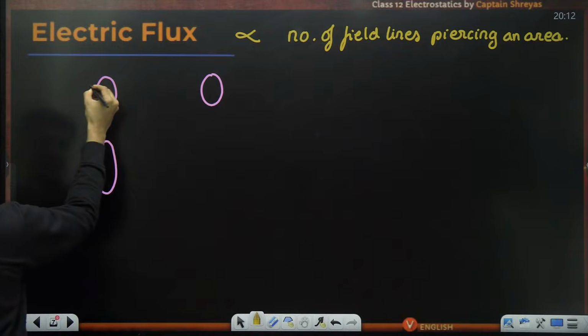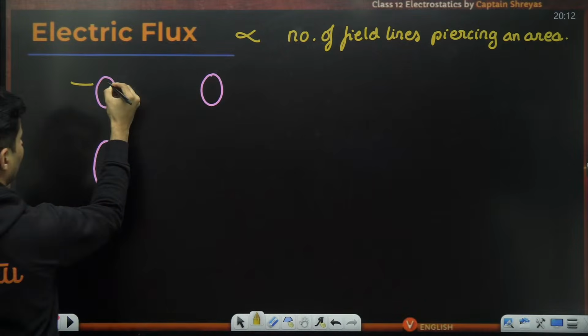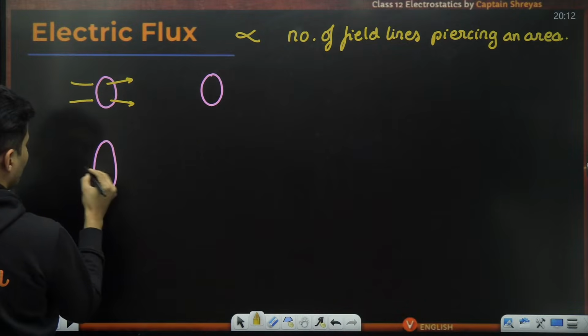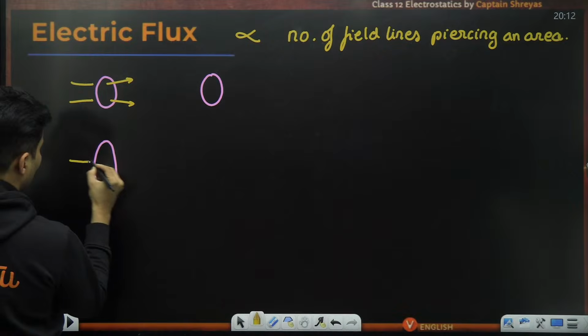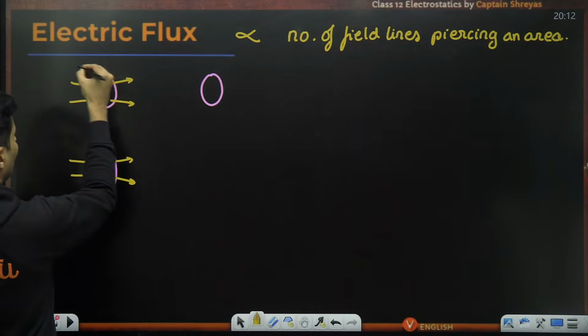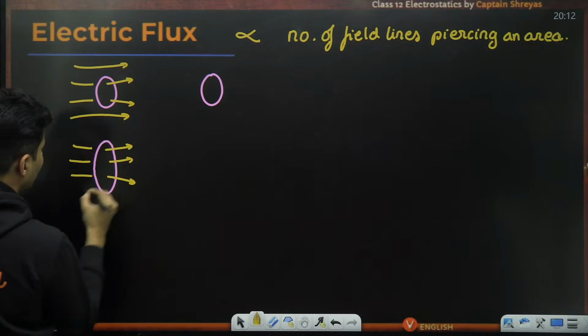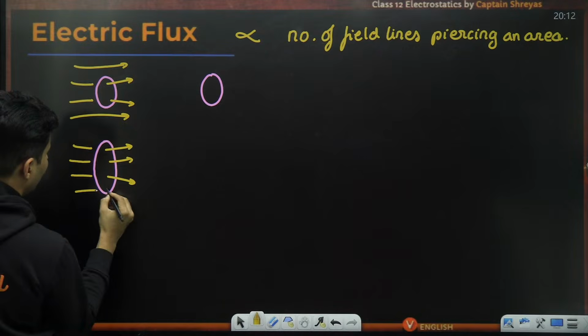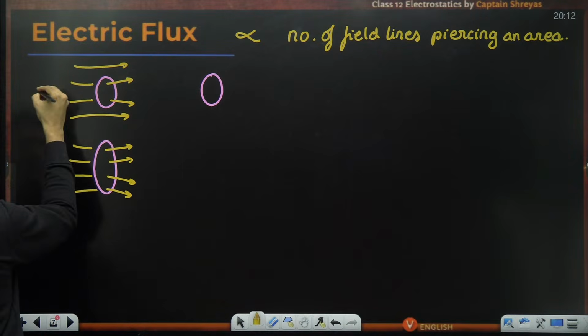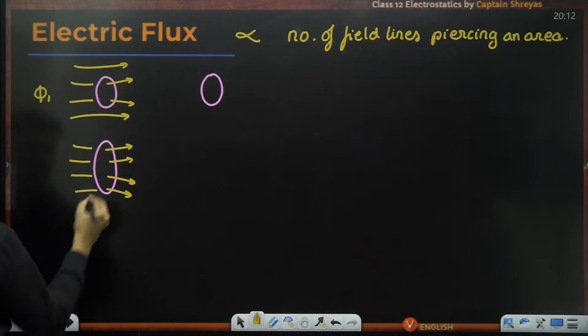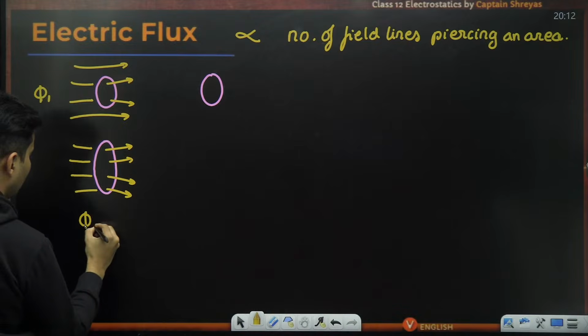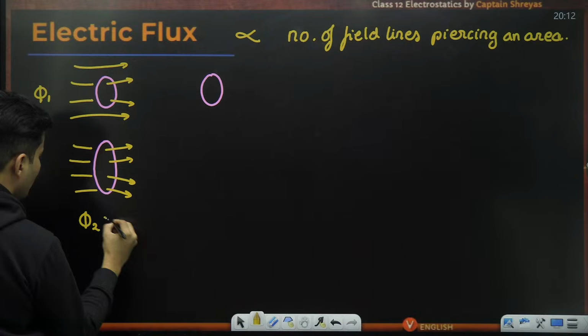How does the flux change? Observe. Here, some number of field lines are passing. Here, because the area increased, those field lines which were unable to pierce are now piercing through that area, thereby increasing the flux. So if I say this is flux 1, this flux 2 will be more than flux 1,